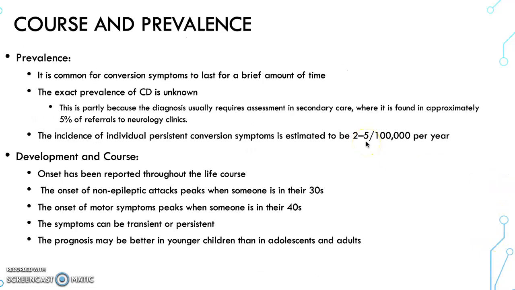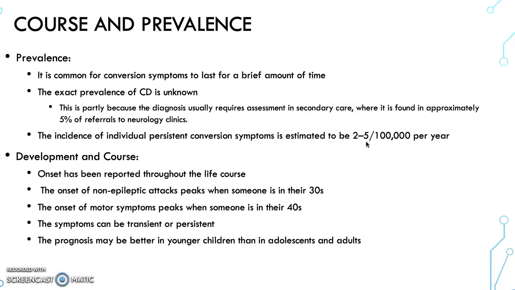And as for the course and prevalence, it's common for conversion disorders to last for a brief amount of time, and the exact prevalence of conversion disorder is unknown. This is partly because the diagnosis usually requires assessment in secondary care, and not everyone always goes to secondary care. And it has been found that in secondary care, there's approximately 5% of referrals to neurology clinics that actually have conversion disorder. And it's said that about 2 to 5 out of 100,000 individuals per year experience persistent